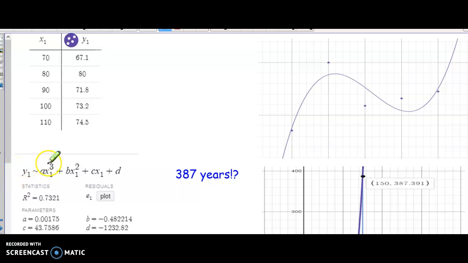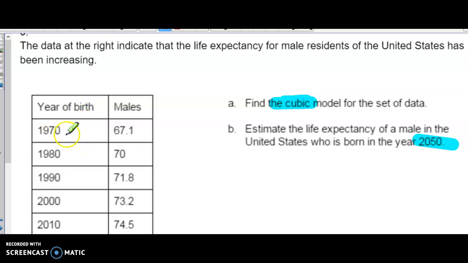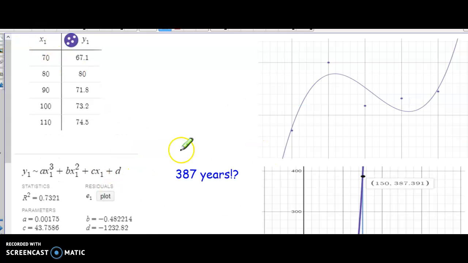All right, so a cubic model, here we go. Cubic model, largest number has to be cubed. So we got all of those, and then we just add D. We plug in our numbers, and again, what I did, I just used starting with 1970 being the first year, and then 80, 90, 100 years, 110. So if we look at that, all right, so when we have this, this is what a cubic looks like. We hit our little hourglass, and look at that. Then we come back, we find